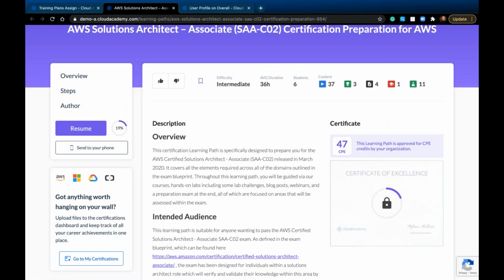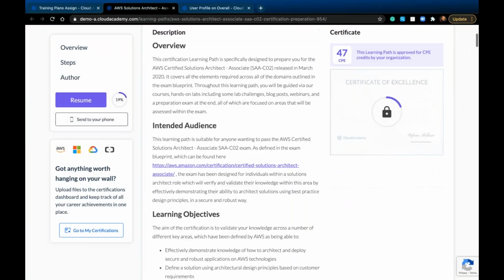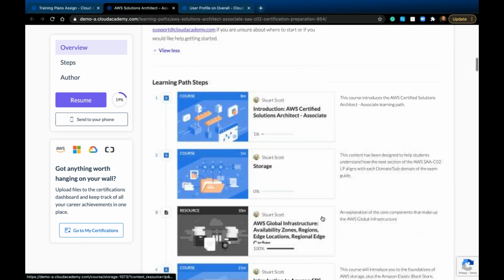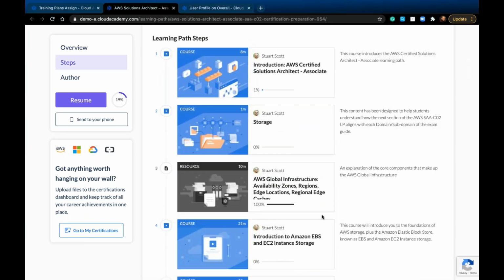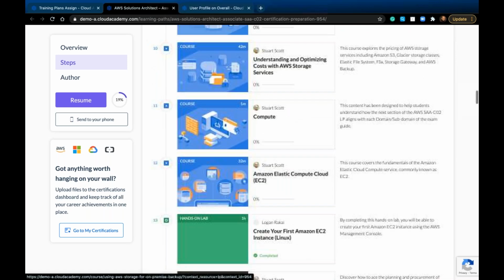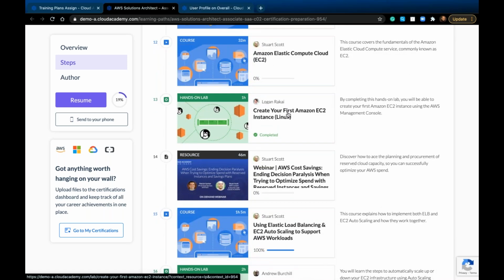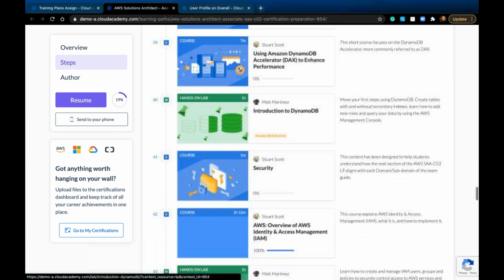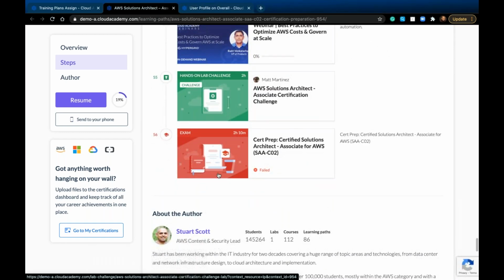And usually all the learning paths follow a particular design, which is learn, do, validate. So you have your learning objectives here, the domains on the exam, and you have now the learning path steps. So they're going to learn by watching a course. Then we're going to ask them to do something by completing one of these hands-on labs, and then validate their skills with some kind of a lab challenge or that practice exam at the end